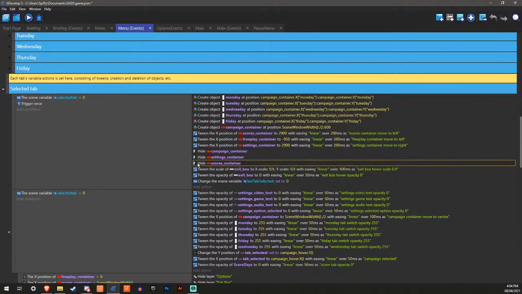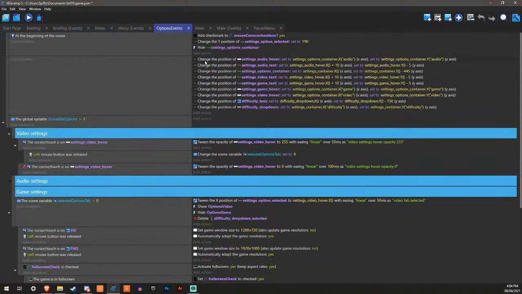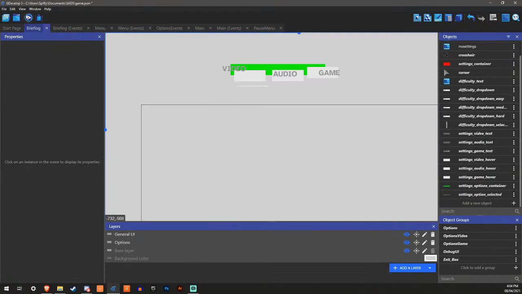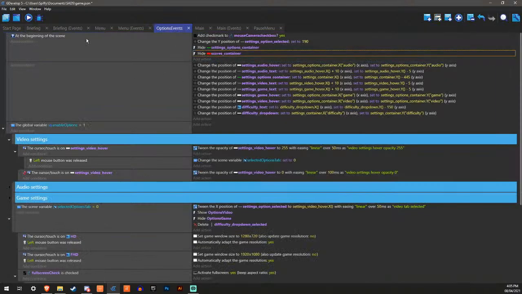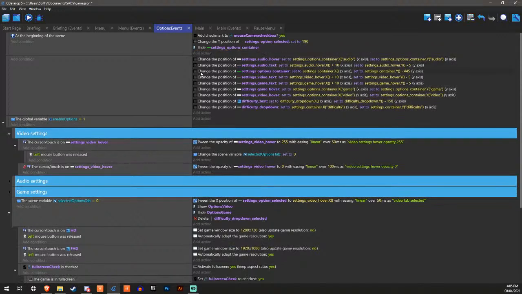Yeah, it is. Right up here. So I'm also going to hide it in the external event like that. So that doesn't work because it does that at the start of the scene. So instead of doing it at the start of the scene.